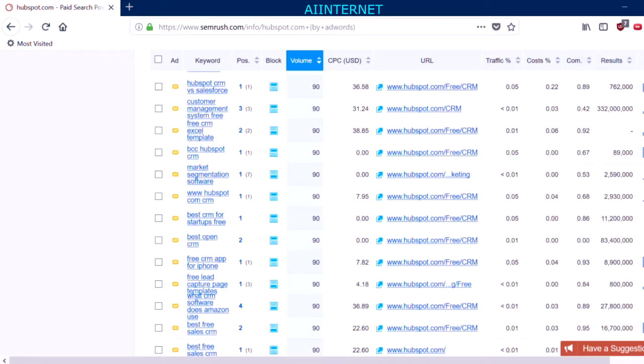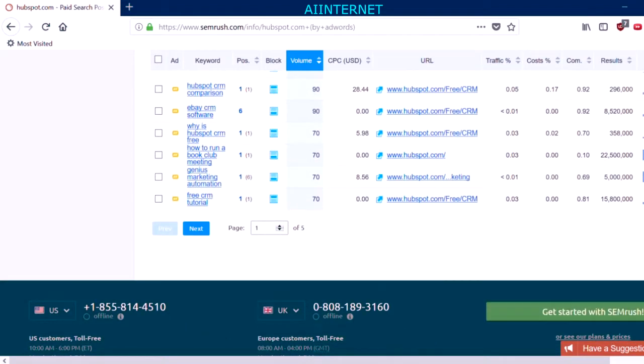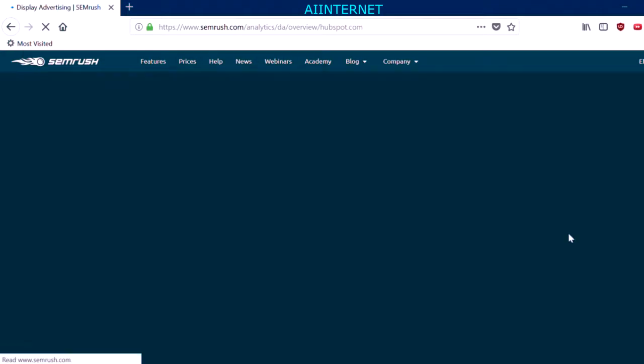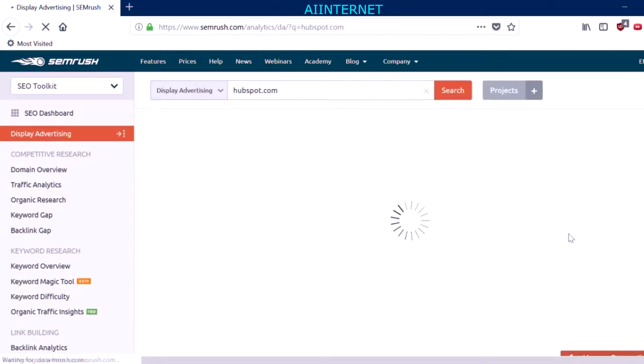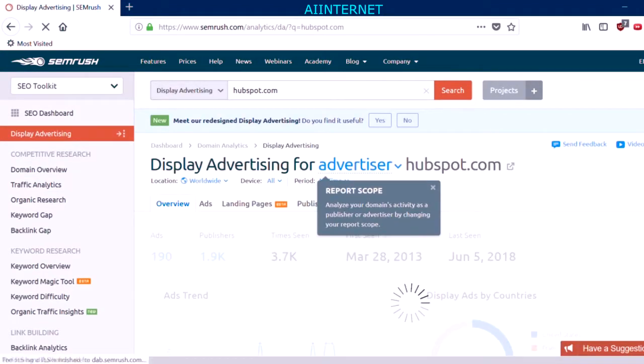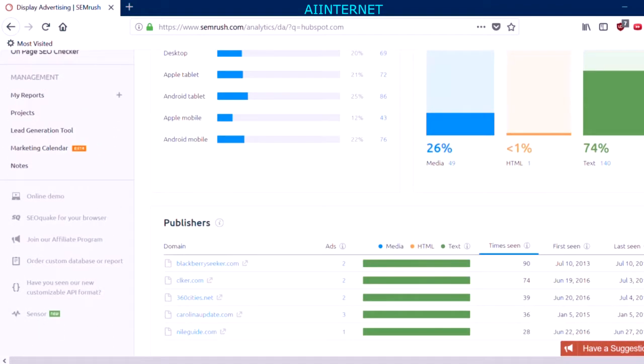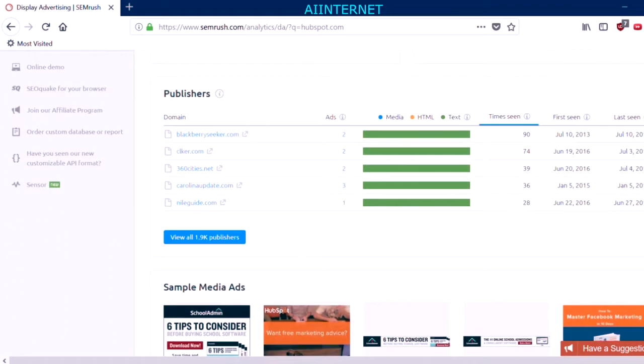If we go back again, we can see there's a different category for display advertising. So if we click on that, we can see some of their banner ads that they're posting across the web. So if we scroll, we see the publishers that they're working with. So blackberryseeker.com, they've got 2 ads over there. Great. Let's click on that. These are the type of ads that you see on this